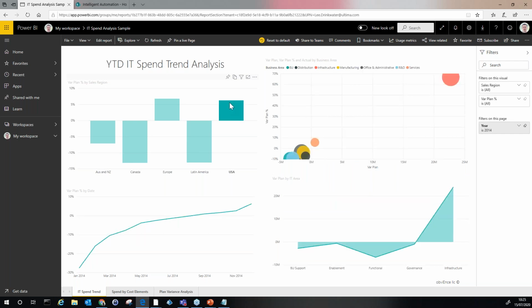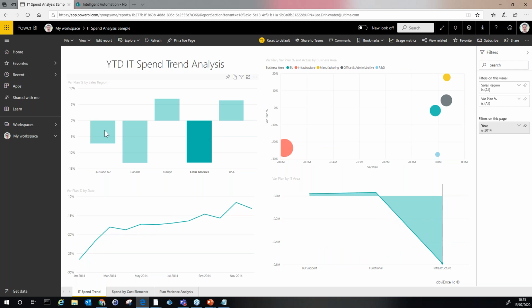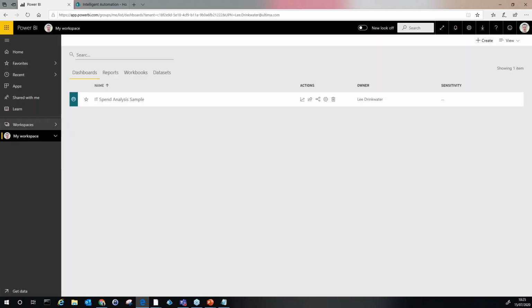they're ahead of their budget or behind, whichever way you look at it, and they've overspent. Infrastructure for them is to the tune of, what is that now? 23 million. So Australia and New Zealand aren't doing too badly when you compare to what the Americans have spent. Again, as I click around here, the visualizations will change depending on the area I've selected. If I go back to the dashboard again, excuse me,